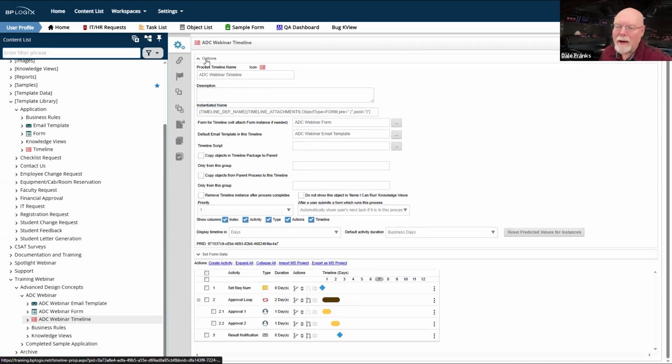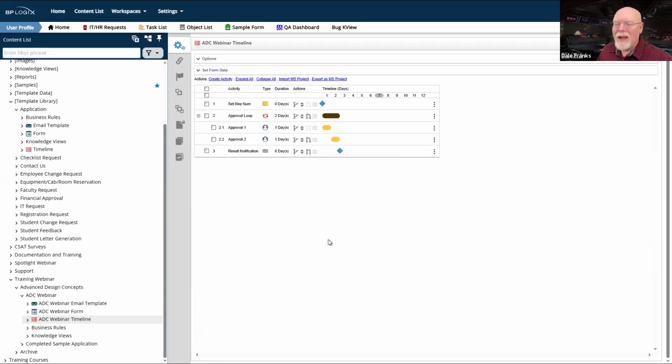So let's take a look at the default timeline itself. This is, I think, the default way of setting up a process timeline. There are several practices that are implemented here. We're going to go through them one at a time. And again, remember, we haven't even gotten to building anything yet. We're just looking at the default objects. But as soon as we get through this, we'll open the form and we'll start going into the form design part for as long as we can today, and then we'll pick it up again next week.